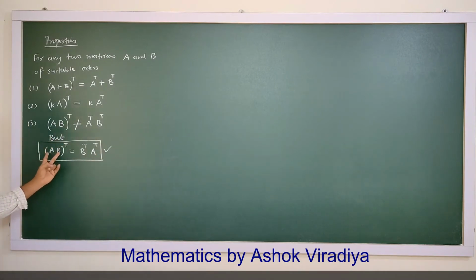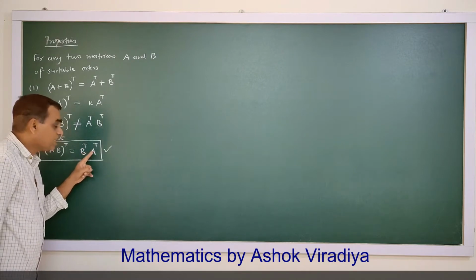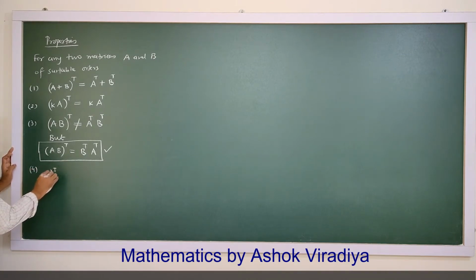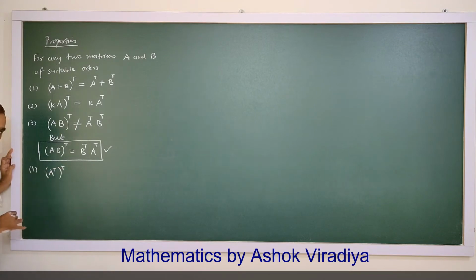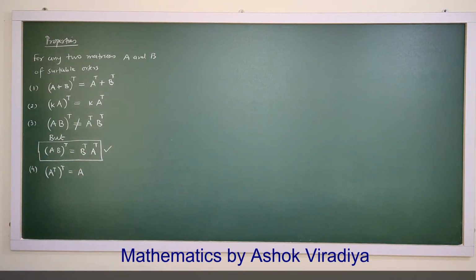Transpose of A into B is equal to transpose of B into transpose of A. Then if you take the transpose once again, we get the same matrix. Then